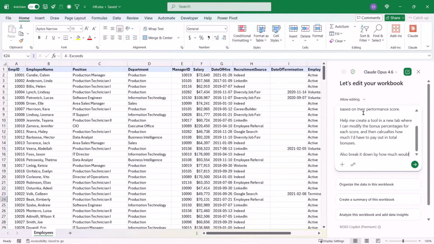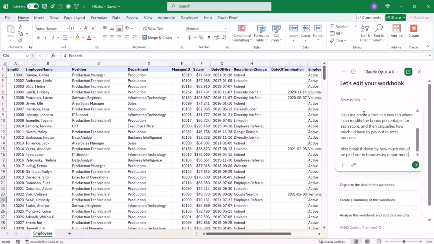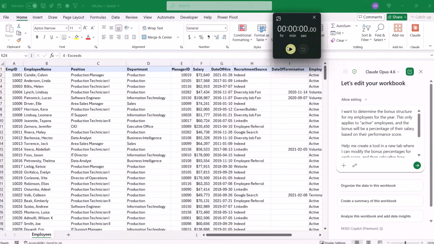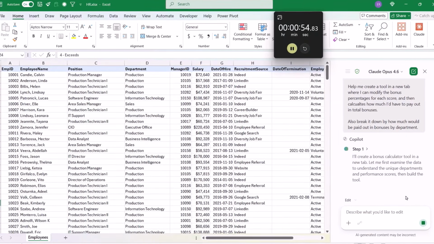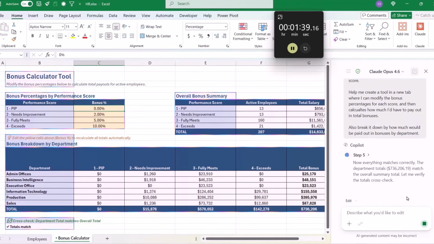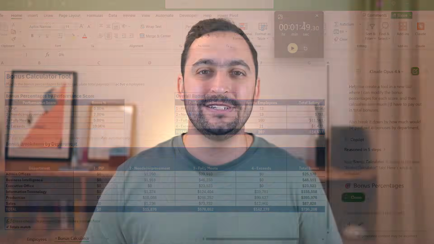Each use case is built around a real dataset and a real business scenario, and will use strategic thinking and prompt engineering best practices to get the exact results we're looking for, all while Copilot takes care of the technical grunt work. So if you're ready to work smarter and faster than ever with Excel, this is the course for